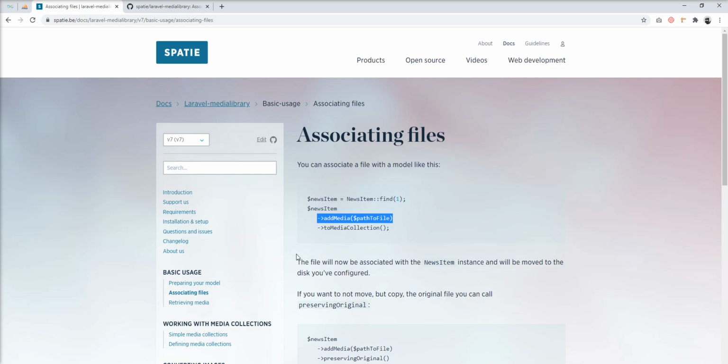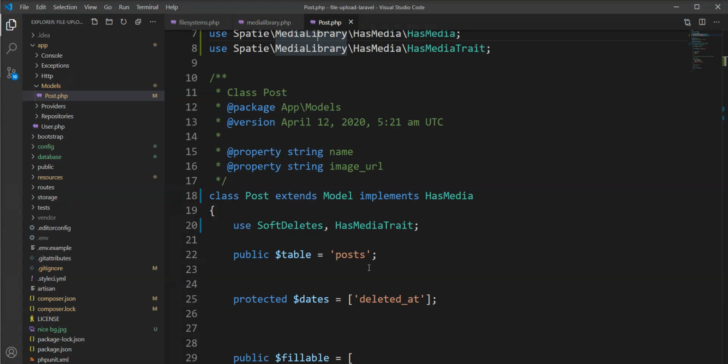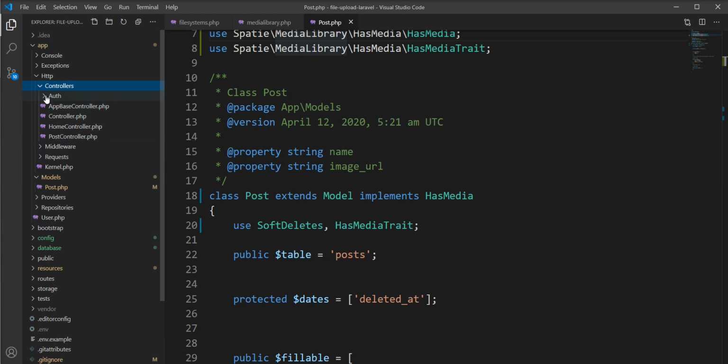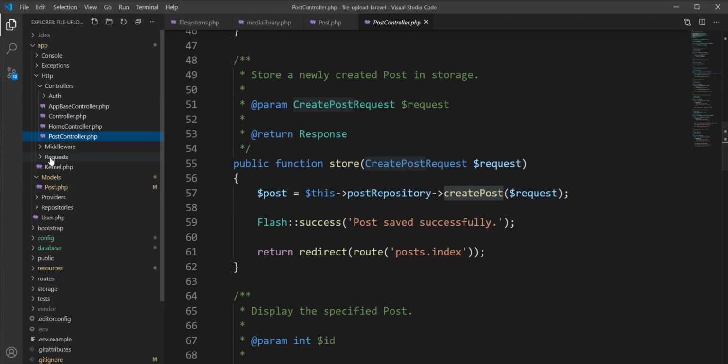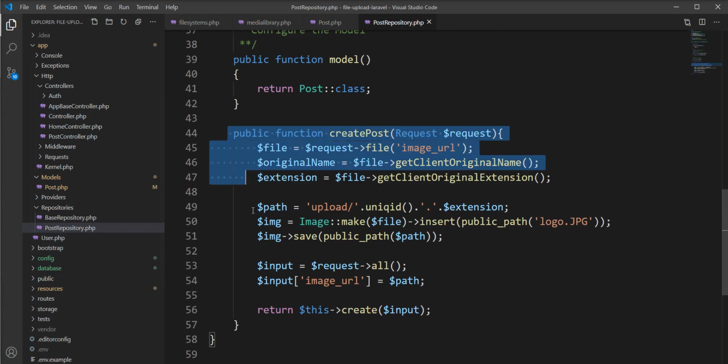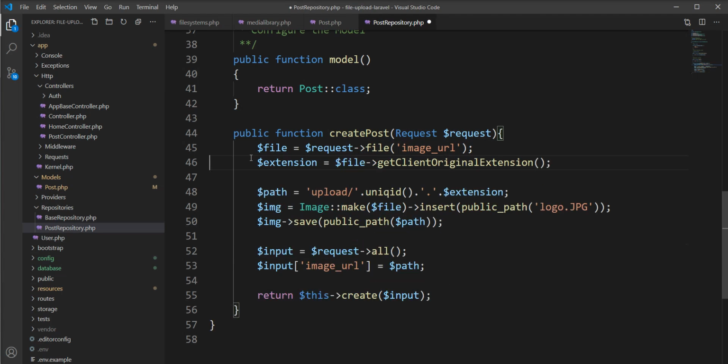So let's implement this example with post. Here is the post controller and here is the post repository. This code I have written in the last file upload tutorial with Image Intervention. So let's remove this thing